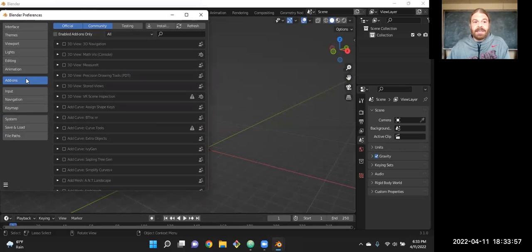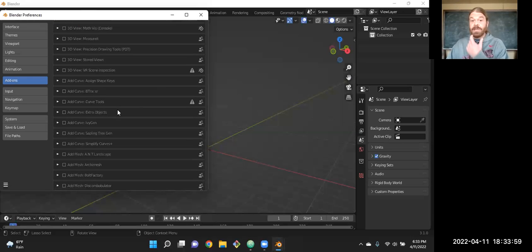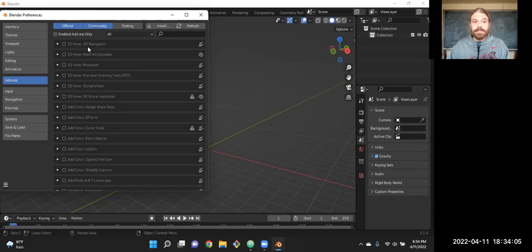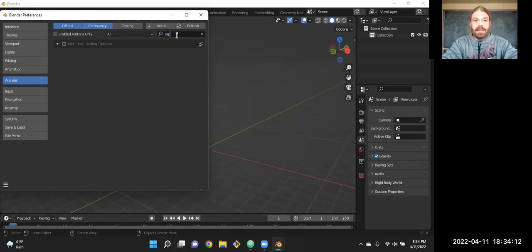And under Add-ons, here are the other ones that are officially part of Blender that are turned off by default. The one we want in this case is Sapling. So we have this button that's turned off by default for Add Curve: Sapling Tree Generator.